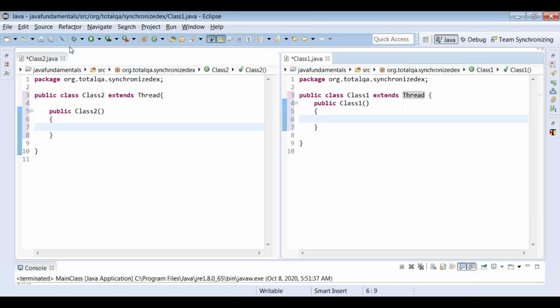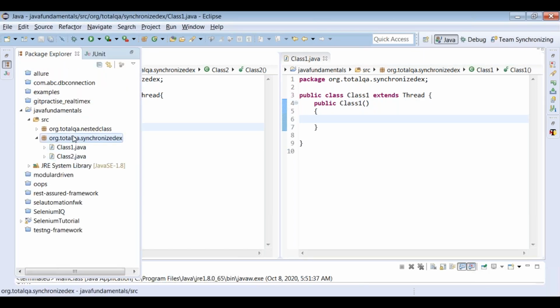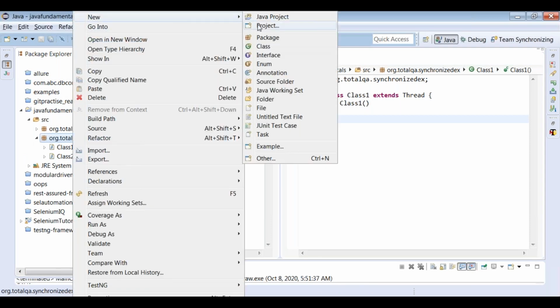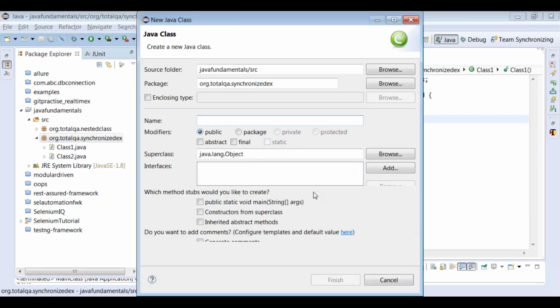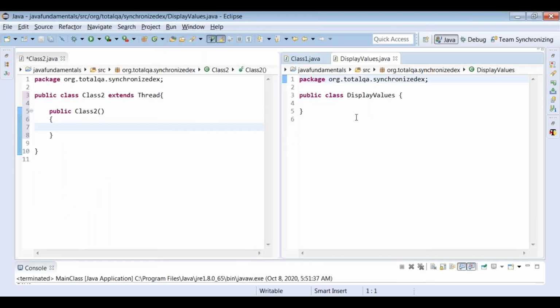Now let's create one more class, DisplayValues. Right click in the package, select class, and name it DisplayValues. Under DisplayValues we will create a method.